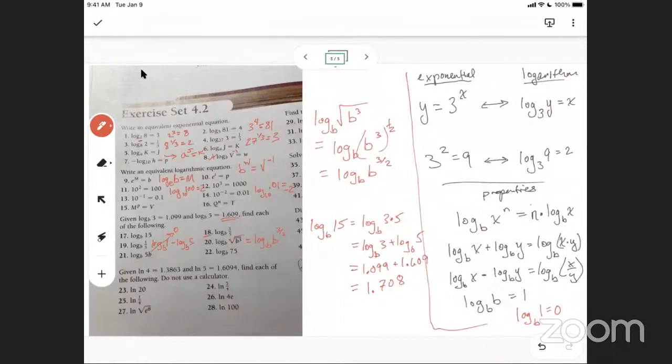Gotcha. Now, what's the property? Look at the property we can apply here. What does it say if you have a log of something with a power exponent in it? What can you do with that exponent? Oh, okay. Do you see it? Would it be 3/2 times log b of b? Yeah. That log b of b. And what's the log base b of b? Isn't it 1? It's 1, right? It's 1. That's right. So this just equals 3/2.